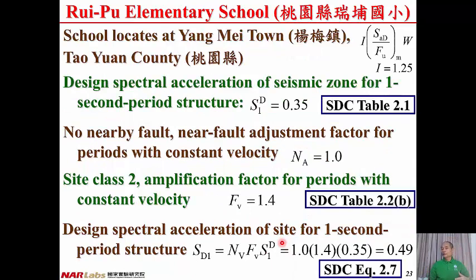So far we have importance factor I equal to 1.25, we have SDS equal to 0.66, and we are going to compute SD1